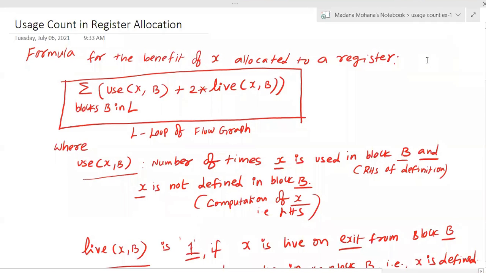First I have taken the formula for the benefit of X allocated to a register: sigma over blocks B in L, use of (X, B) plus 2 times live of (X, B). This is the formula we will use for finding the usage. Here L is the loop of the flow graph, where use of (X, B), as we already mentioned,